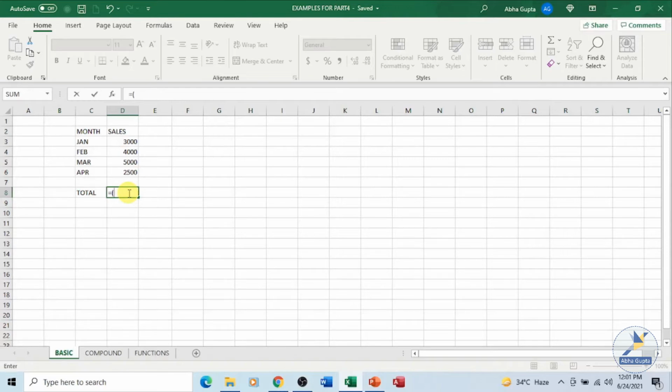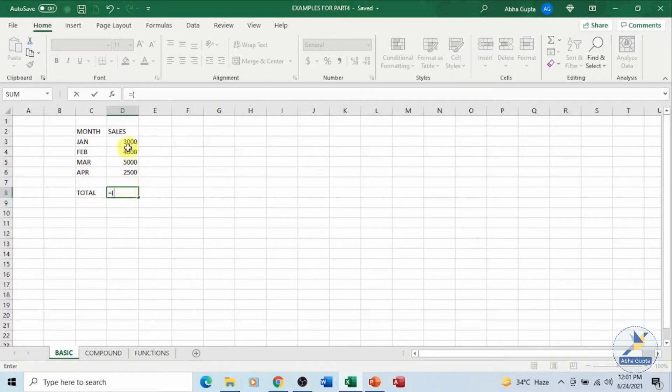So in the example which I have taken over here, we will talk about basic formulas. In a basic formula, only one type of arithmetic operator is being used. For example, here we are trying to calculate the sum, so we are using only the plus operator.